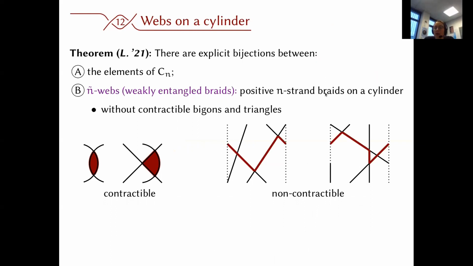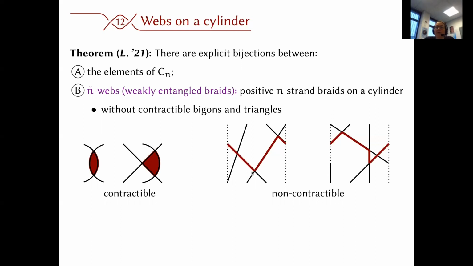They are still braids on n strands, but instead of drawing them on the plane, we'll draw them on the cylinder. Since it's difficult for me to make pictures on the cylinder, I will draw them in the flat way, but I will also always consider that the left part of my picture is glued to the right part of my picture. This gives me braids on a cylinder. Again, I consider only positive braids,